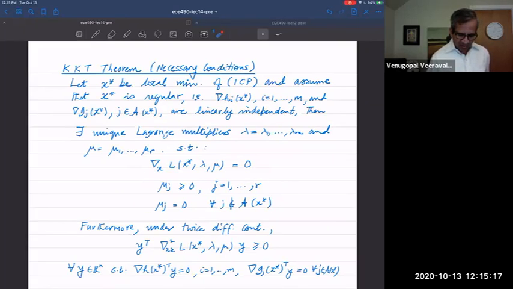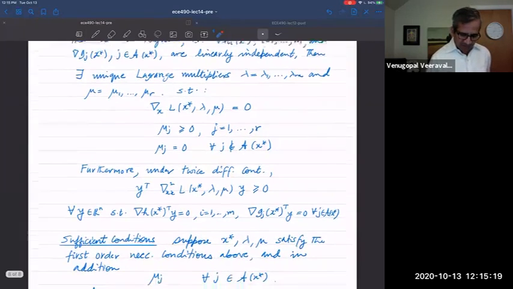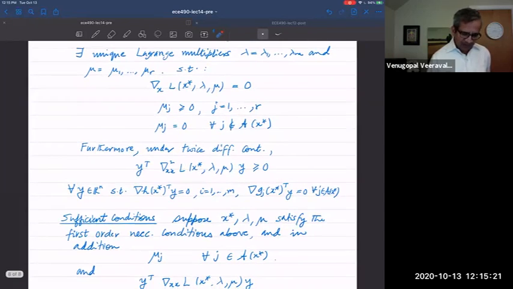true. And if we further assume, well, actually, in our proof we had to assume twice differentiability conditions to establish this part. Although there's a way to not do that, which is why the Lagrange multiplier theorem is written this way, that if you further assume twice differentiability conditions, then this holds as